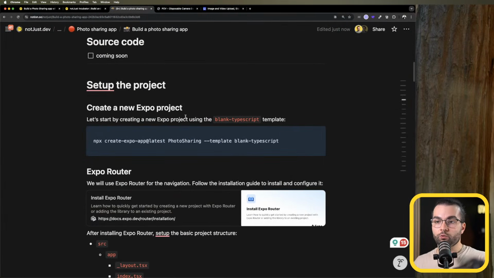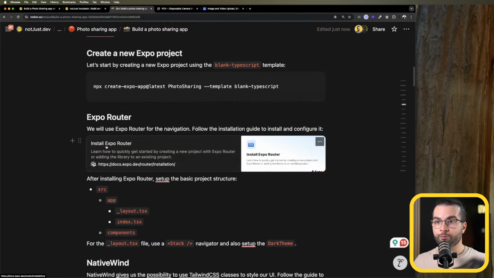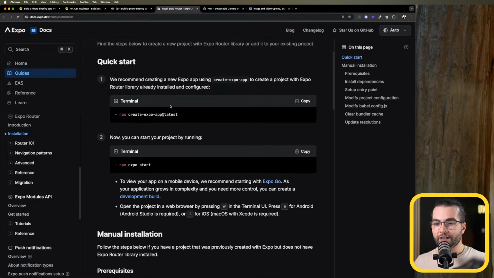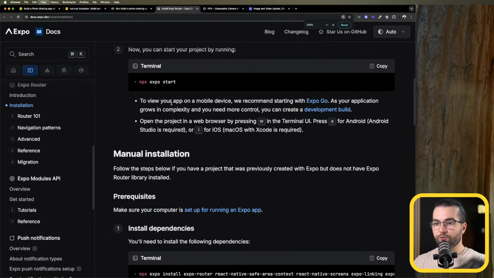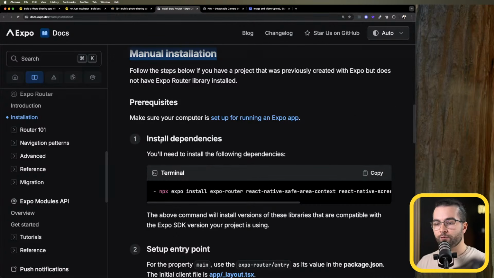For that reason, we're going to use Expo Router to be able to implement our navigation system and define and create different screens in our application. Let's go ahead and open the Expo Router installation guide, and we are going to skip to the manual installation steps